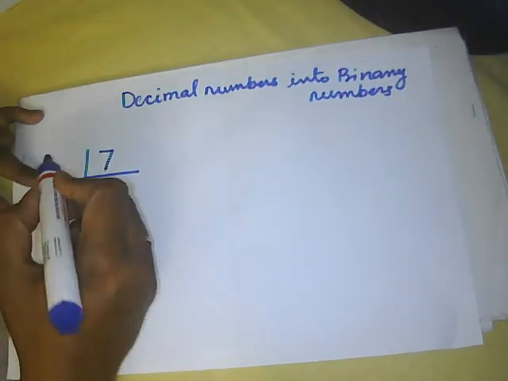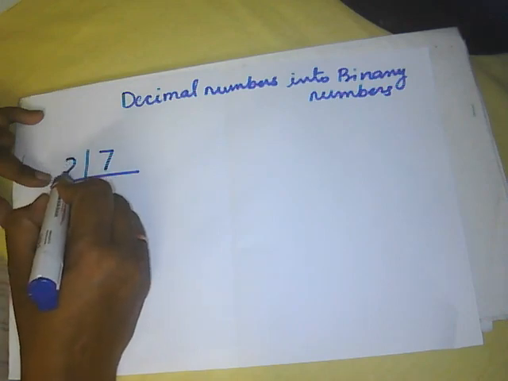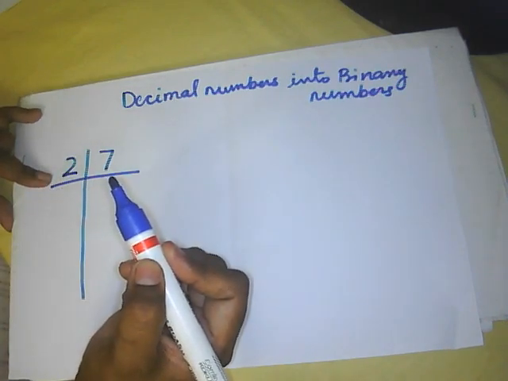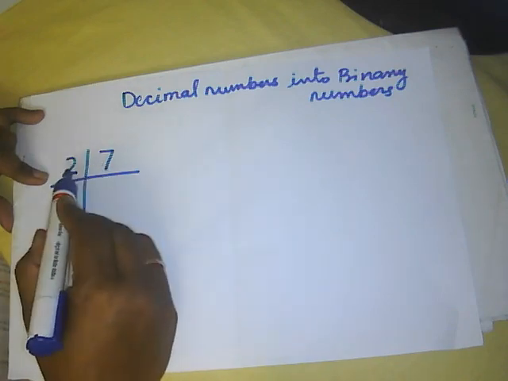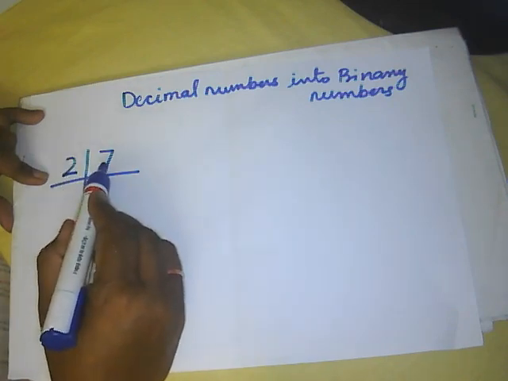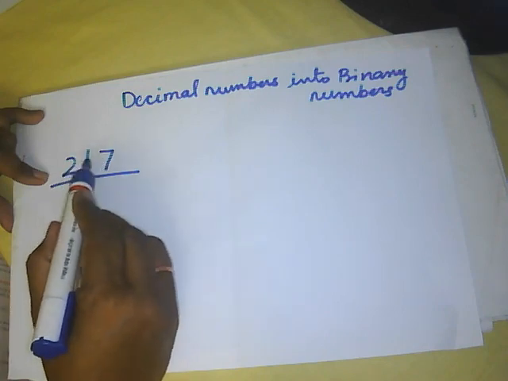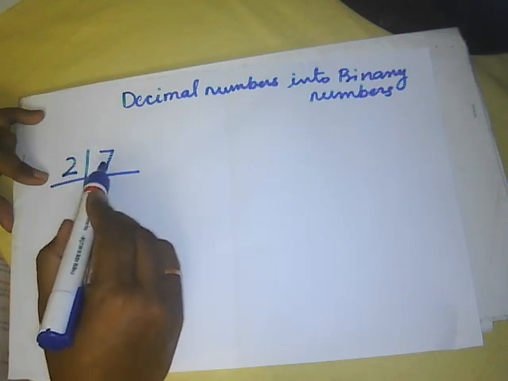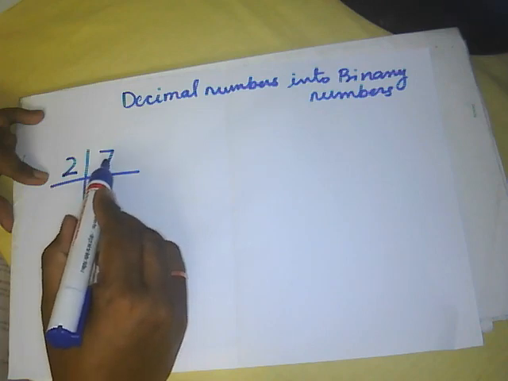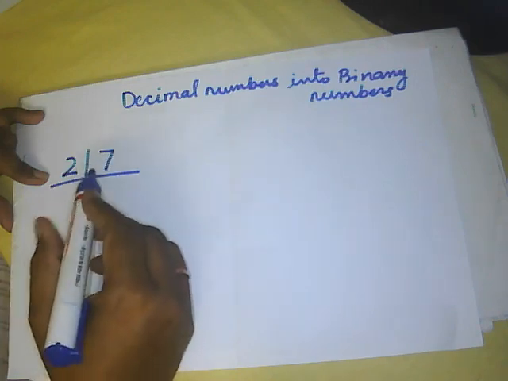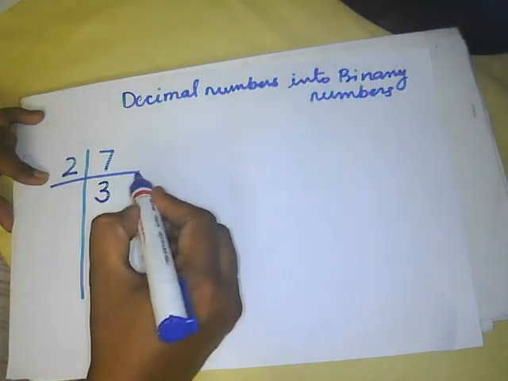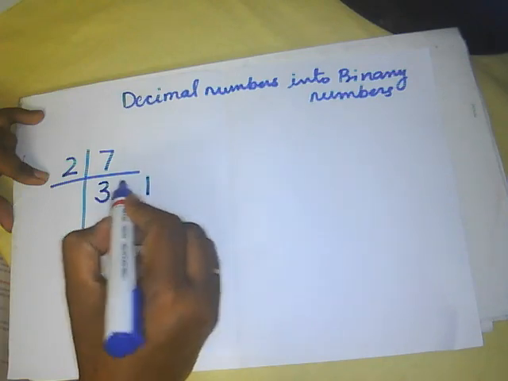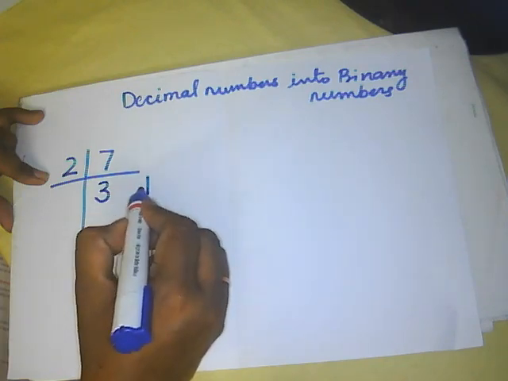The base of binary is 2. So divide the given decimal number by the base 2. Let us divide 7 by 2. 2 1s are 2, 2 2s are 4, 2 3s are 6. So it will go 3 times. We will not take 2 4s are 8. Further we cannot go, so here we will write 3. And what remainder will come? 1. The remainder we will write outside of the box.